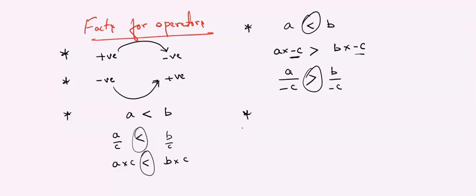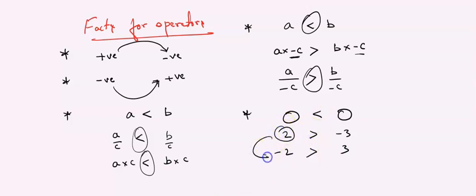is changed, the sign of the inequality gets reversed. If you change the sign of each term on both sides of an inequation, if you are changing any one sign here and here also, then what happens? The sign will get reversed. Instead of less than, it becomes greater than. Instead of plus 2, if you make it minus 2, and instead of minus 3, if you make it plus 3, then what happens? The sign will get reversed. Instead of less than, it becomes greater than.